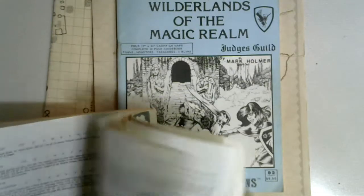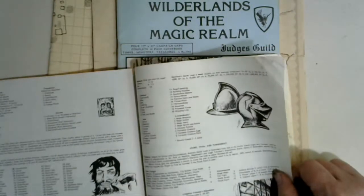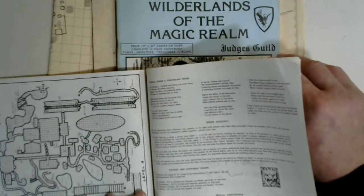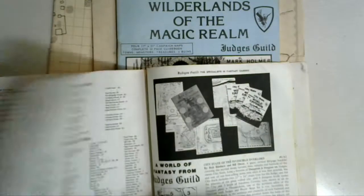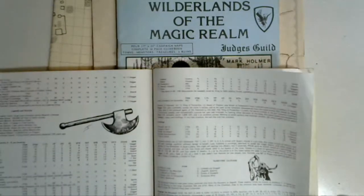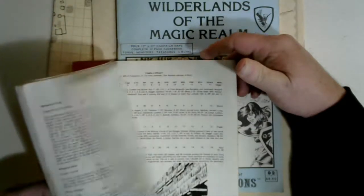Now, I said I thought I saw something about wishes in here the other day, and my luck is I don't want to spend a terrible amount of time trying to hunt it down. But it was a very interesting take on how to deal with both limited wishes and major wishes, and maybe it was in another supplement. This is the one I took with me the other day in the truck when I was working, so we'll clip through the parts of this and see what happens. Probably isn't. I'll have to keep an eye out for it, so when I do find it, I can bring it in